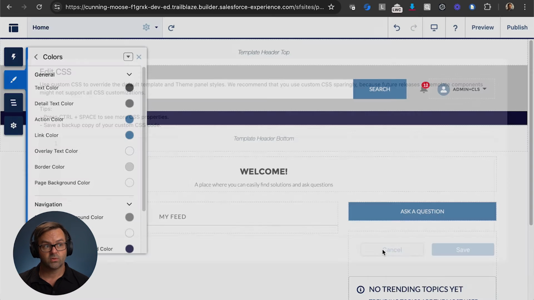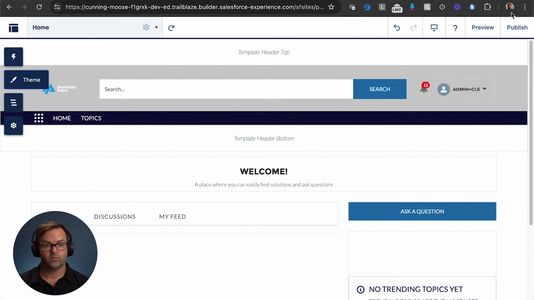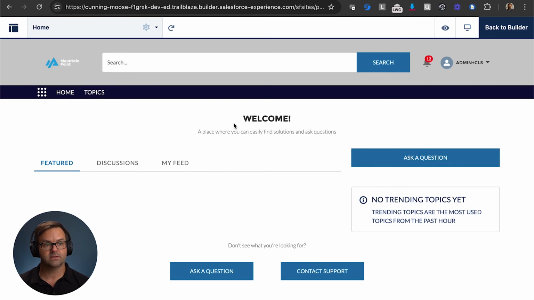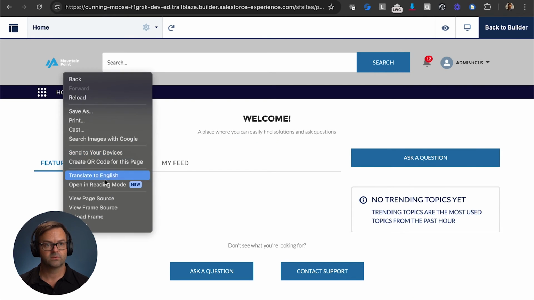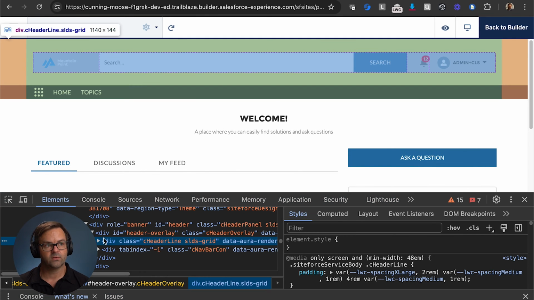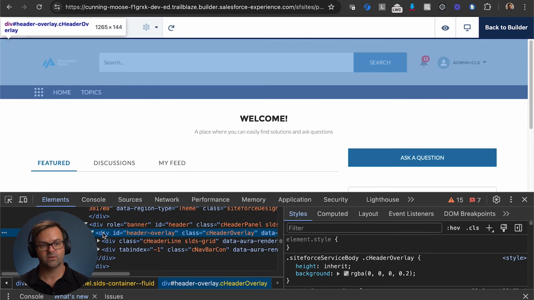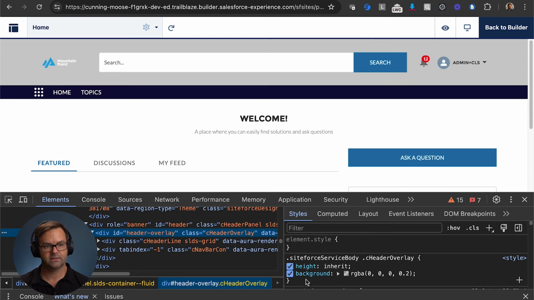So if you're not exactly sure what CSS you want to tweak, one way to debug that is to go ahead and click the preview button, which will load it to the front end. And then you can right click on the section to load the inspector panel. Find the elements that you want to create new styles for. So here we have header-overlay ID, and we can see here a background that if you click on and off that checkbox, you'll see that that's affecting that gray background color. These are the elements we want to target, and this is the specific CSS property that we want to update